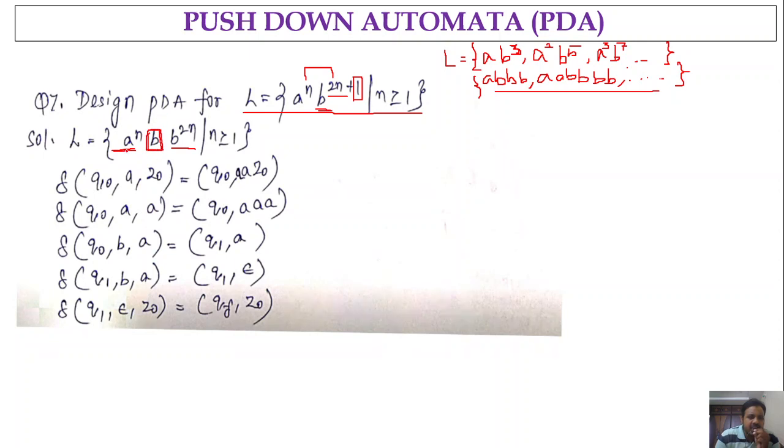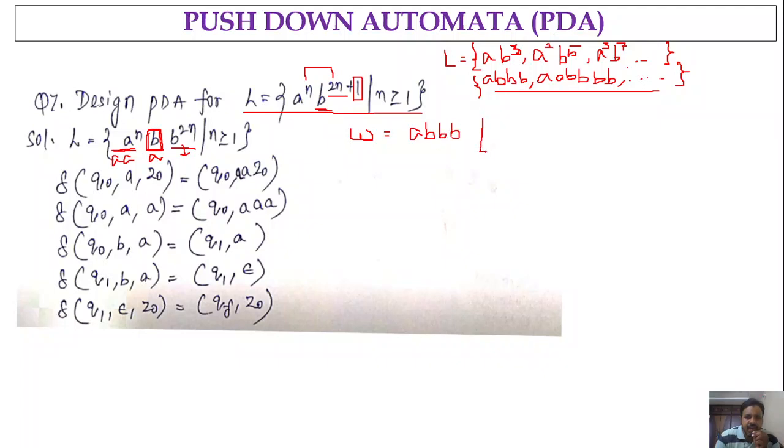So for each occurrence of a we are going to push 2 a's. Okay, and for this first occurrence of b we are going to push 1 a onto the stack, and later on we will pop the stack for each occurrence of b. Okay, so this is how we could implement the logic. So let me consider one string so that you could understand. So let me write a b b, a b b, right?